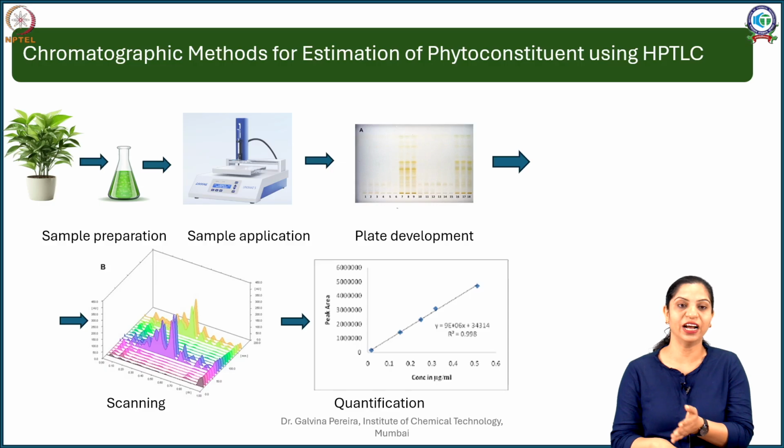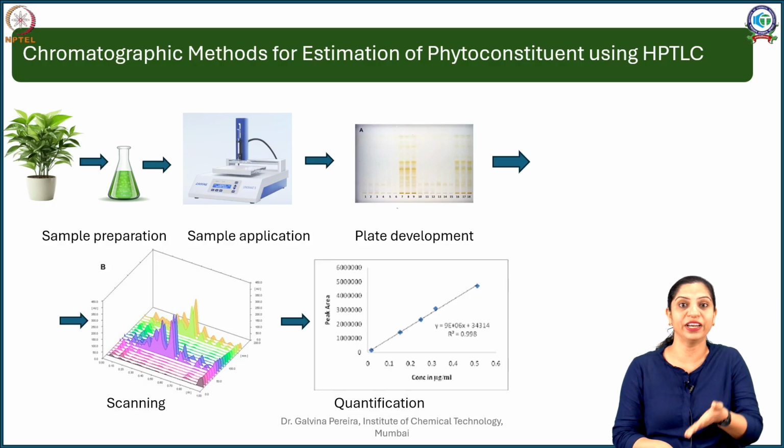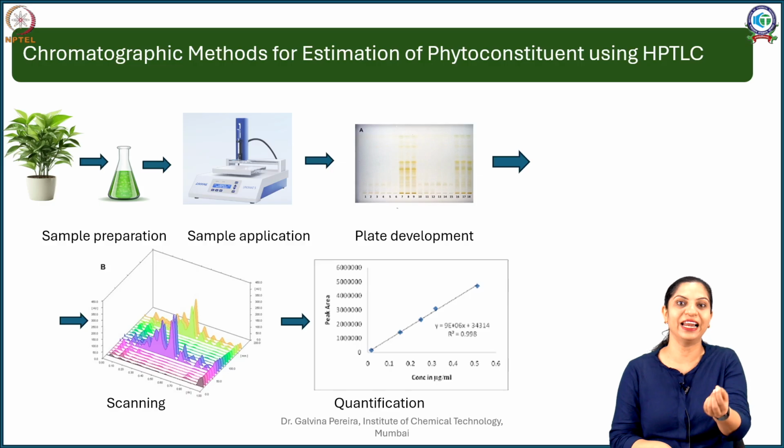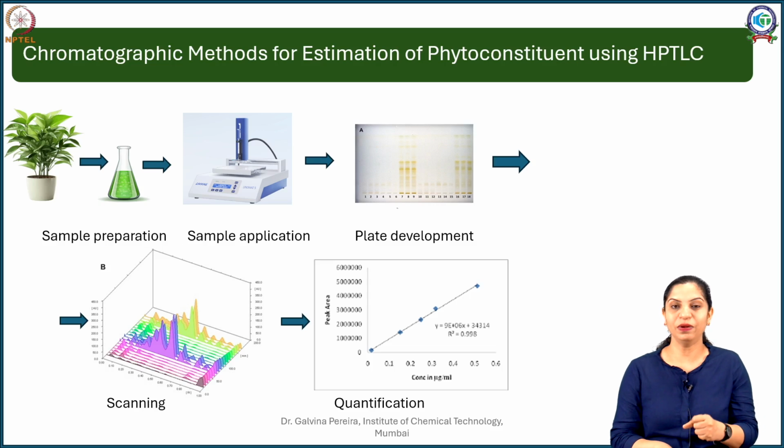These phytochemicals which are unique to a particular plant, often referred to as marker compounds, are used as standards for analysis. Say for example, I am analyzing an ashwagandha preparation. A good marker for me to analyze an ashwagandha preparation would be Withaferin A, which is more unique to ashwagandha rather than something like gallic or ellagic acid, which is seen in numerous other plants. If I pick a unique marker, that will tell me that yes, this preparation is showing the ashwagandha spot for Withaferin, and since it is showing Withaferin, definitely it has ashwagandha.